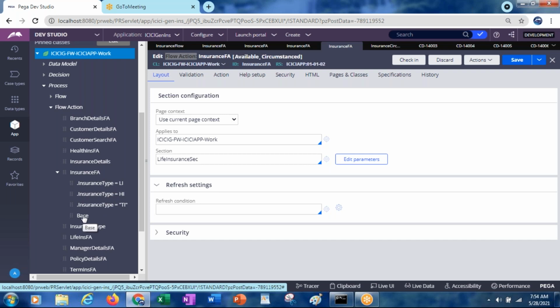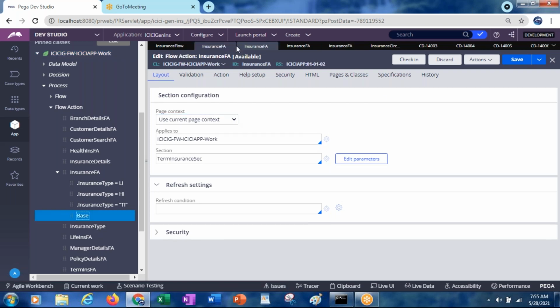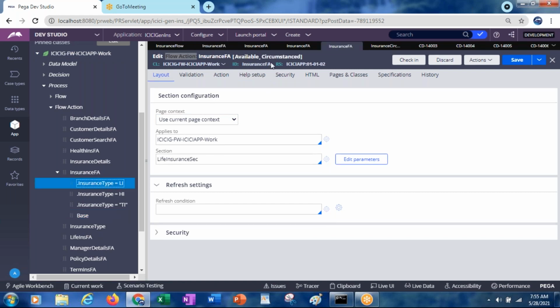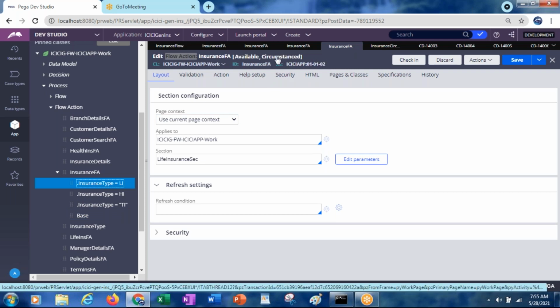That means if none of these conditions is satisfied, it will go for the base rule. So this is the base version, it is not having a circumstance condition. But if you open any of these circumstances, you will see this circumstantial condition.